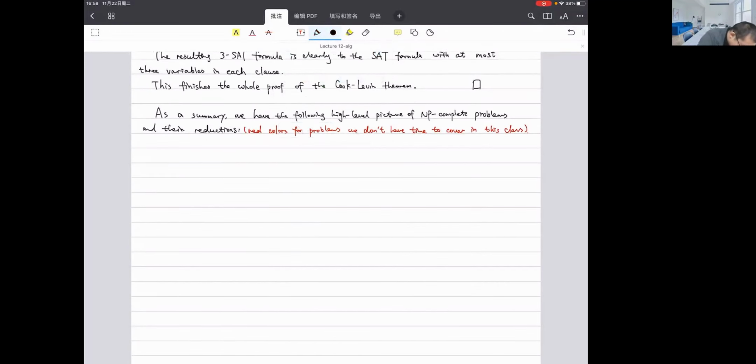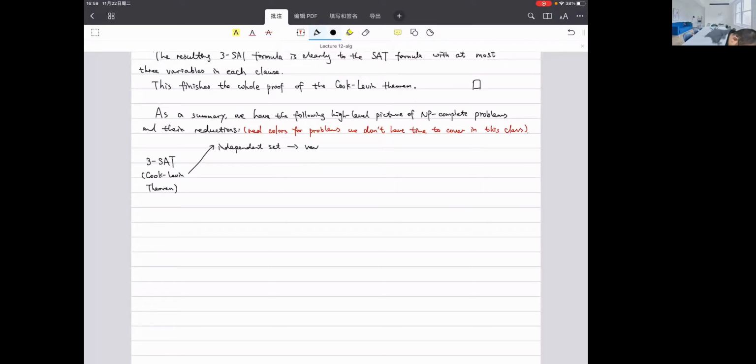The core of everything is basically the 3-SAT problem, whose NP-completeness is established by the Cook-Levin theorem. And a complete chain that we have been talking about is the independent set problem,